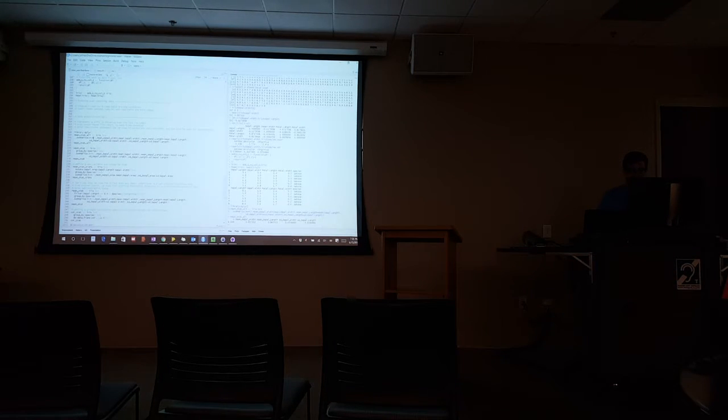Mean sepal width, you see that down here, and this is the mean over all of the data points of sepal width. Mean sepal length, again, the mean over all of the data points of sepal length. SD sepal width, this is the standard deviation over the whole data set of sepal width.